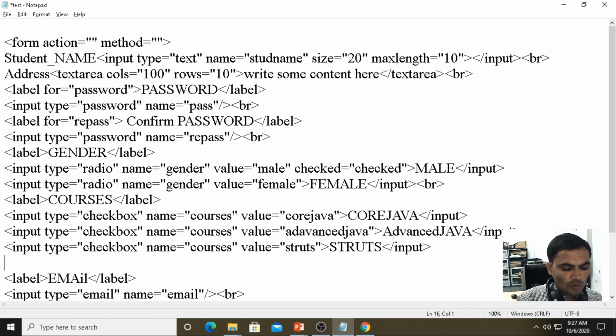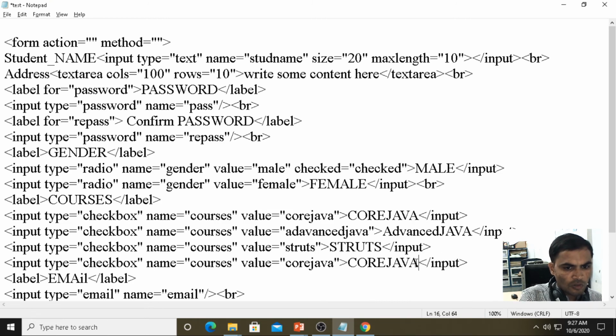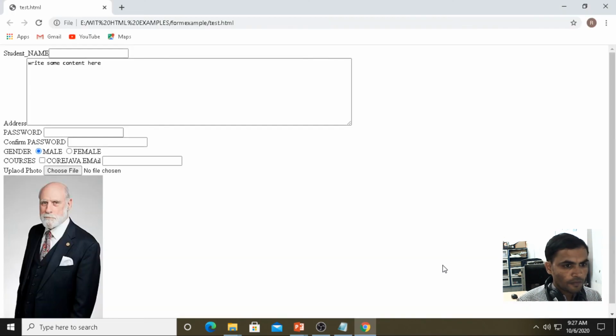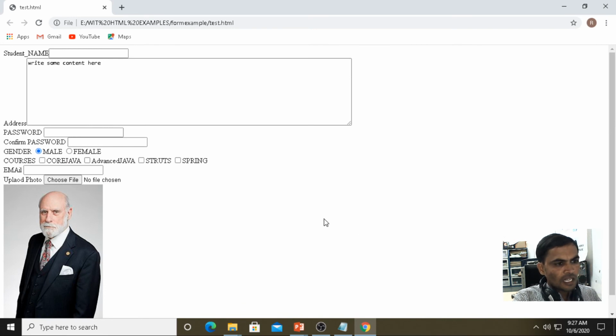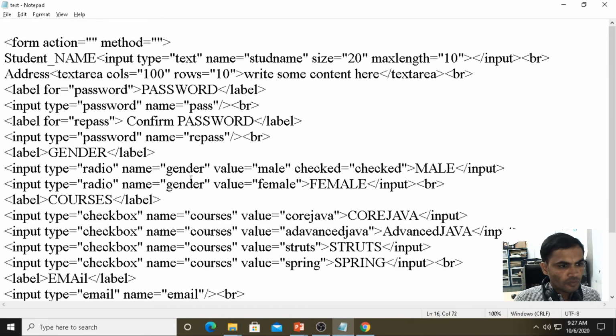Then we can give n number of courses, spring. Then Control S, then I'm using the BR tag, F5. See here, under courses, you can select multiple. If you want to select multiple courses, that is the main usage of the checkbox.